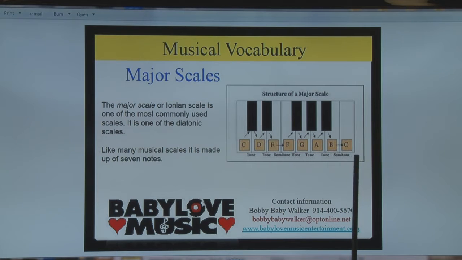Now, every major scale has a minor scale, and there's 3 different kinds of minor scales, okay? The first one uses the key signature of the major scale, all right? So if you're in the key of C, there's no sharps or flats in the key signature, right? And so it will be, first of all,